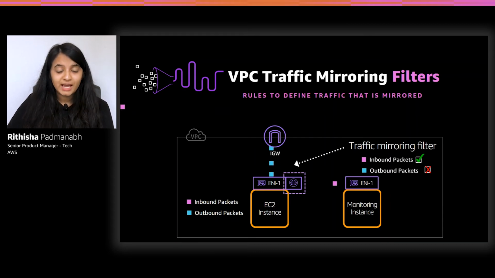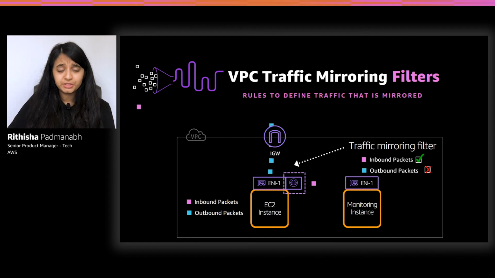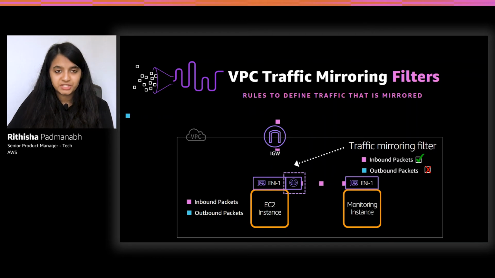Well, mirror traffic actually accounts for your instance bandwidth allowance. So if the allowance is exceeded, then your production traffic does get prioritized and your mirror traffic can start getting dropped. You can actually track this using CloudWatch metrics as well. However, if you want to ensure that you're always mirroring a certain subset of your traffic, then using filters would be your best bet, because then you know that you're not overloading your instance in times of congestion, and you have a higher probability of actually receiving these packets on your monitoring appliance.